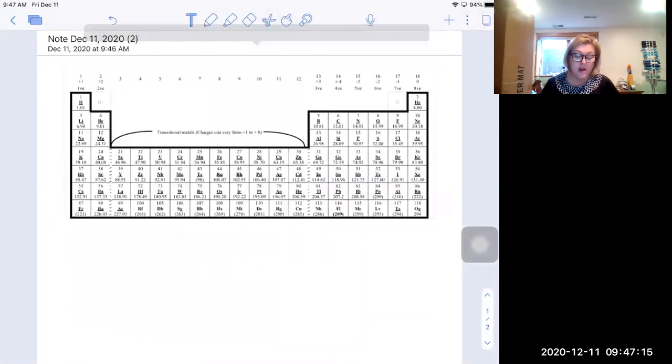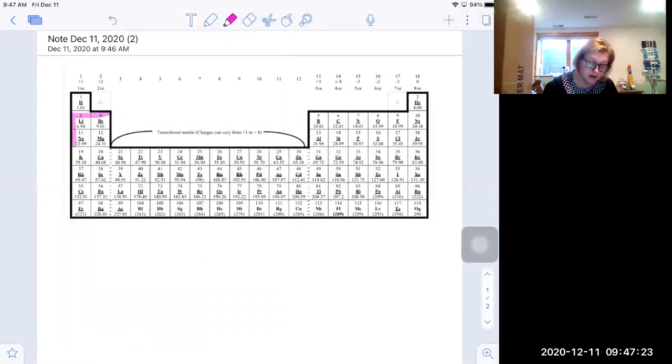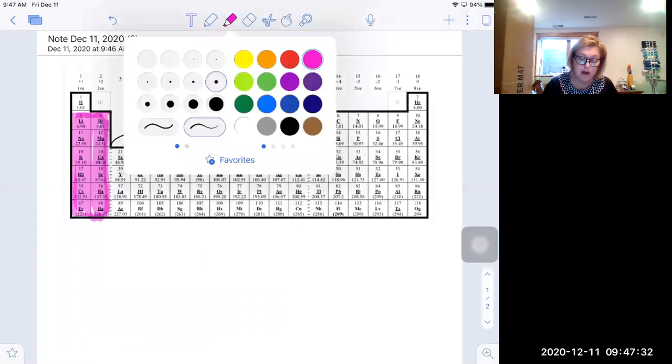There we go. So the first couple examples that we worked on, the first couple ones that we did is we took elements from these two columns and we combined them. So we took these guys and we combined them with